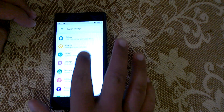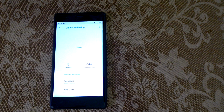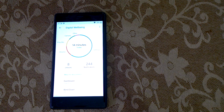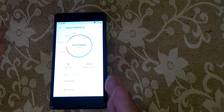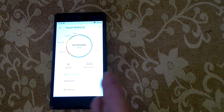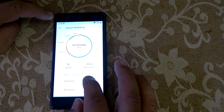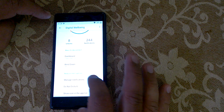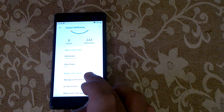Now coming to one very important feature, which is called digital well-being. This feature was not present on Android devices which are not Android One. It was only present on Android One devices running Pie initially, but now the good news is that it has come to all the devices. It is on Nokia 5, and I can see it on Nokia 3, which is very good. So Nokia 3 got digital well-being. What this feature actually is, is a combination of everything, like do not disturb, manage notification,